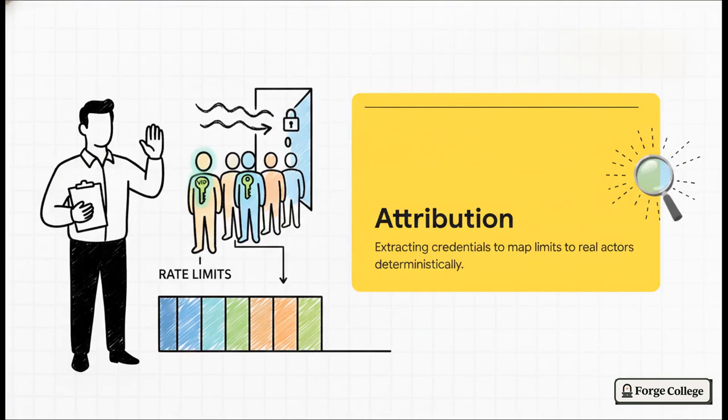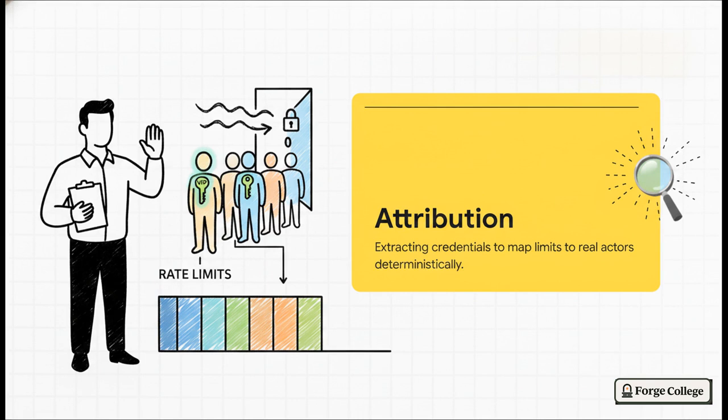To make this actually work, we first need to talk about attribution. I want you to think of attribution as the bouncer checking IDs at the door of our club. When requests hit your API, you absolutely need to know who's making them. IP addresses? Those are your random walk-ins off the street. API keys? Now those are your VIPs on the guest list. You have to be able to deterministically map your rate limits to these real actors, because without that, your rules